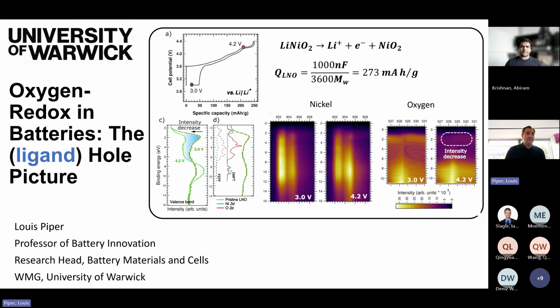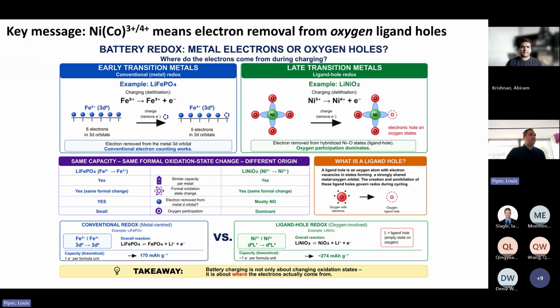So the idea of this talk is why this is important, how we are trying to address this in terms of what we mean by not just oxygen redox, but what we mean by nickel and cobalt redox, and why this is important in terms of developing new types of materials, and does this present new ways of coming up with solutions? So I tried to do a bit of an infographic with regards to a recent paper